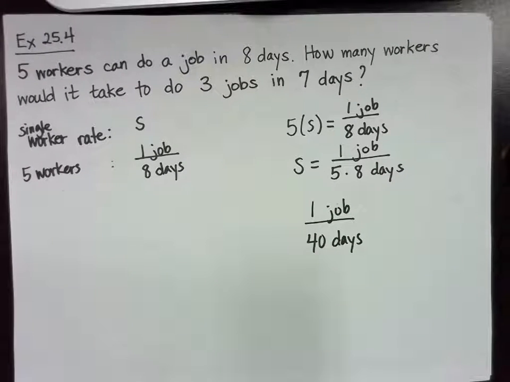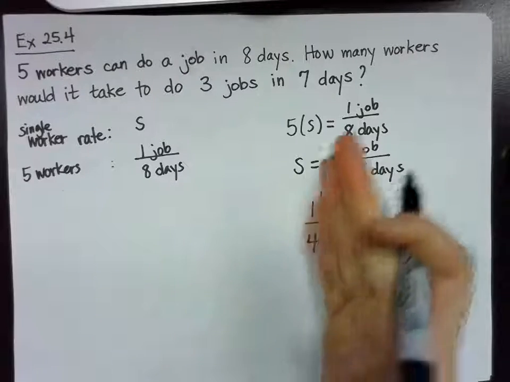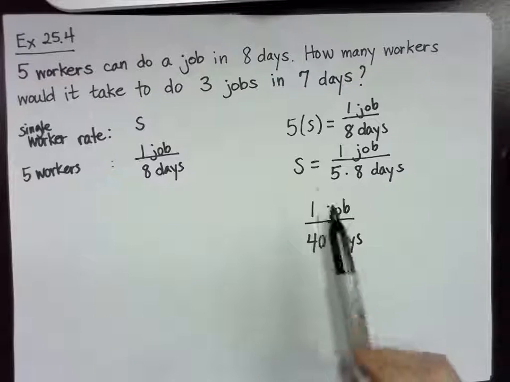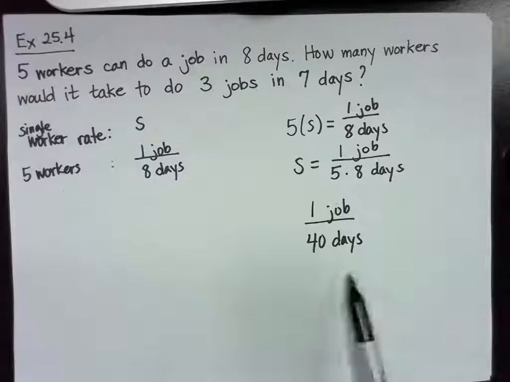And now we want to figure out how to do 3 jobs in 7 days. Okay. Well, this is where it gets tricky. And so rather than trying to convert everything to single days and looking at proportions, how you may have thought about solving it in the past,